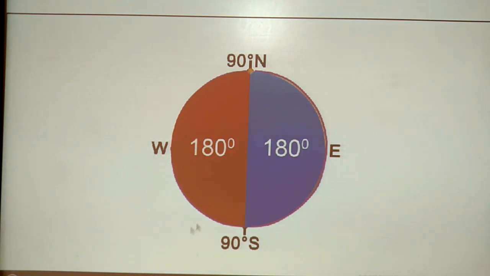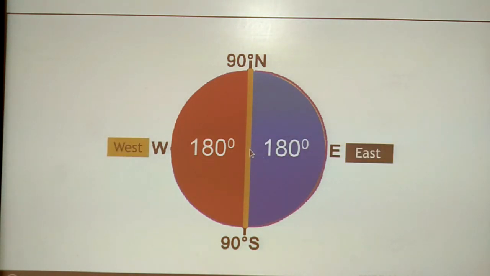As you can see in the picture, the middle portion is the prime meridian, and there are 180 longitudes from the prime meridian to the west and 180 longitudes from the prime meridian to the east. So in total there are 360 longitudes on the globe, and this is basically made to easily understand the longitudes from the prime meridian to the west and to the east.